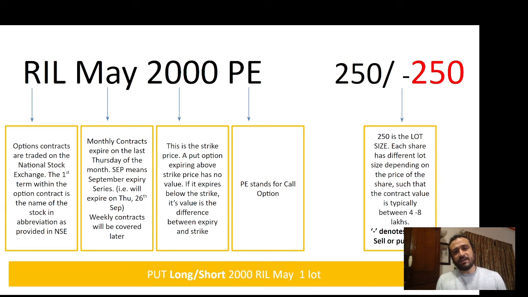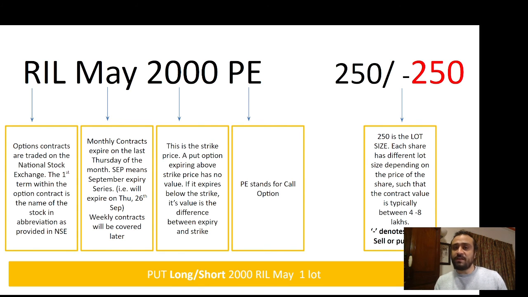Finally, we will look at the nomenclature for put options. If you guys will remember, call options, put options also have very similar nomenclatures with only one difference. Instead of C, the alphabet P is here, PE. Okay, so a put option is represented such as RIL is Reliance, May is the expiry month. Typically also the year will follow. So like May 21 is May 2021, right? 2000 is the strike price, and PE means put option.